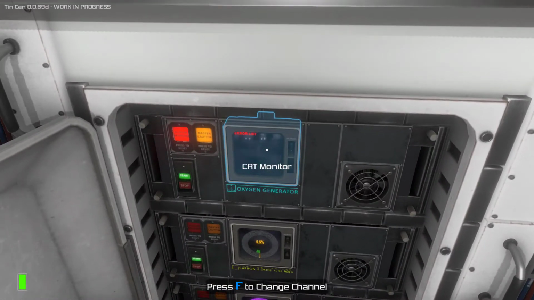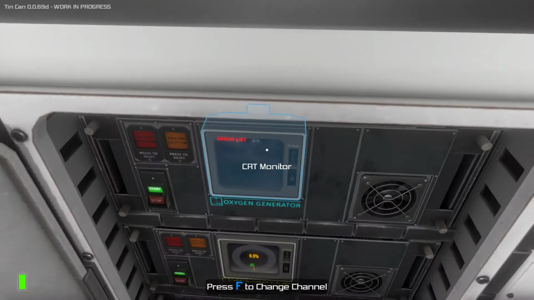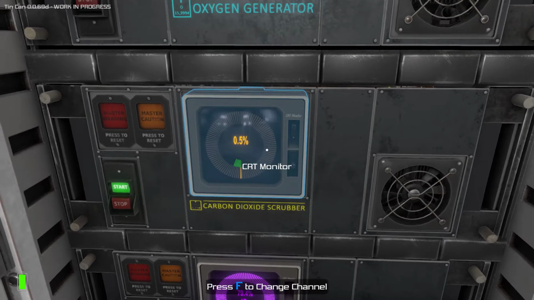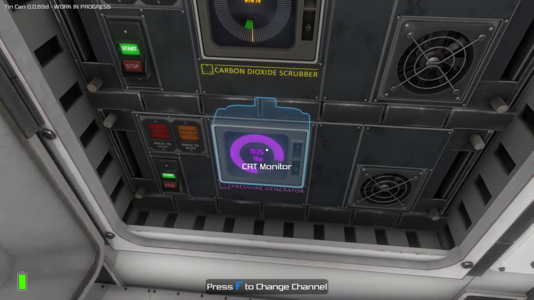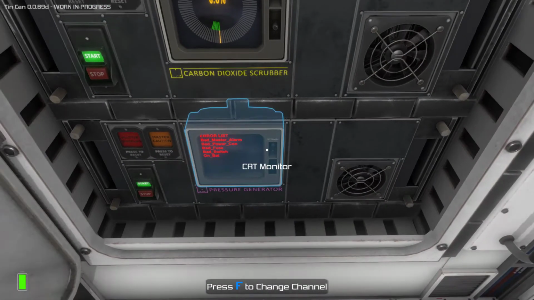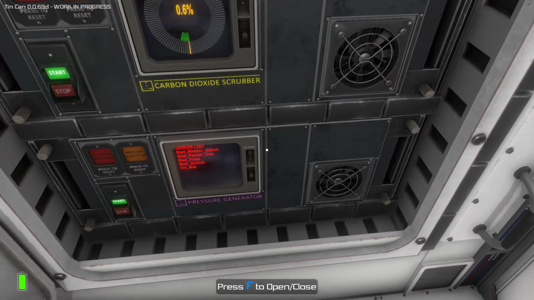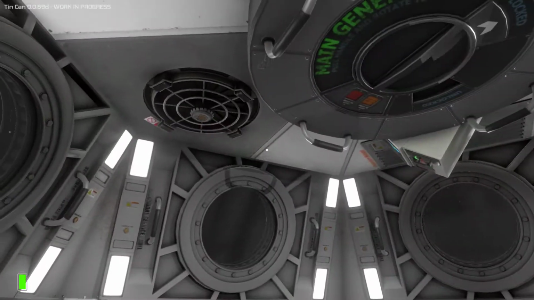How are we doing here? No error list. Let me acknowledge this warning and the caution. Now, what do we got here? I'm using the F key to change the channel on the display. We have a bad buzzer and a bad master alarm. Okay, not bad. Our pressure generator, bad master alarm, bad power connector, bad fuse, bad switch, and on battery. That's not good. Okay. We can live sort of without that for a minute, but first I want to check